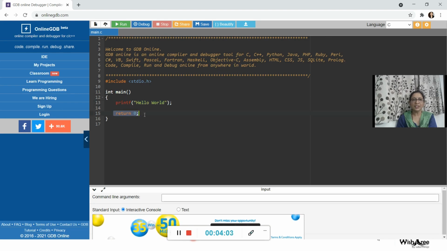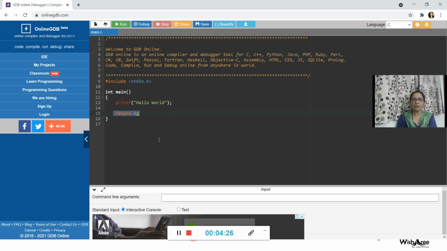Return value is going to indicate whether the function was executed successfully or not, and all functions have to be written within these flower braces. Any function in C has to be written within these flower braces. So we'll study the basic concepts of C programs and see how a C program can be written in detail in the next video. For now we will see how this compiler can be used to run this program.